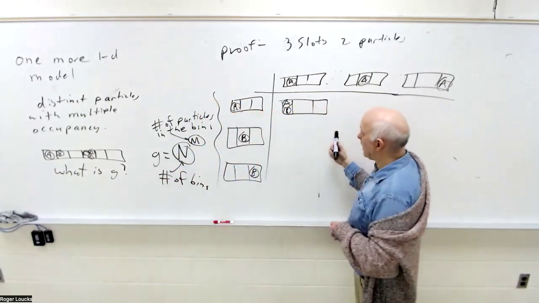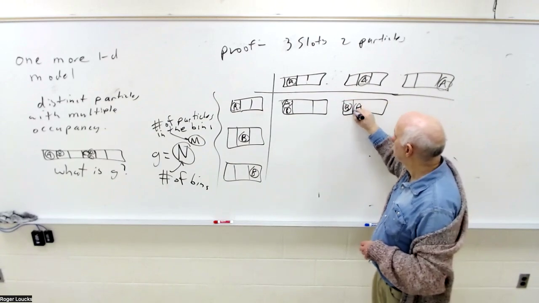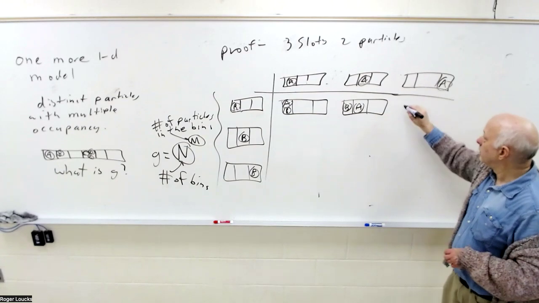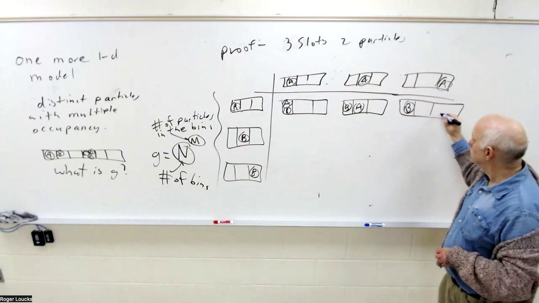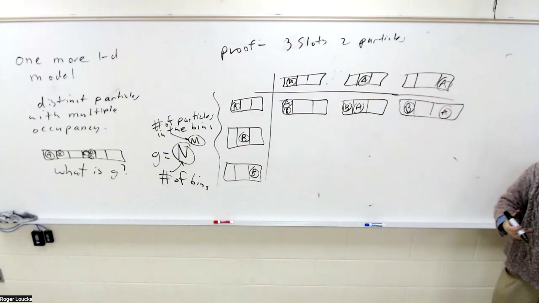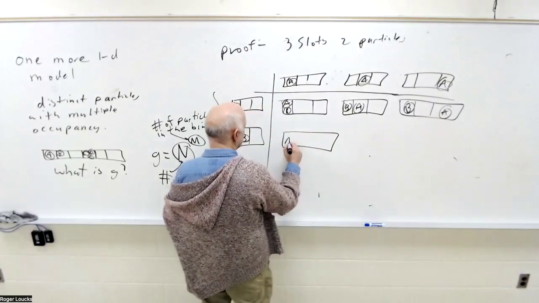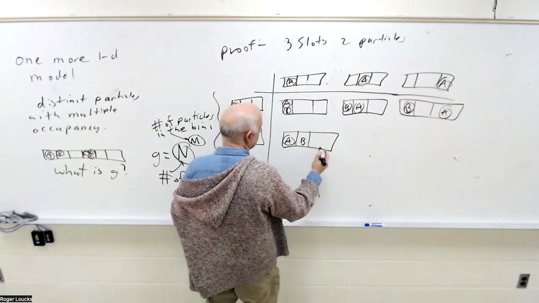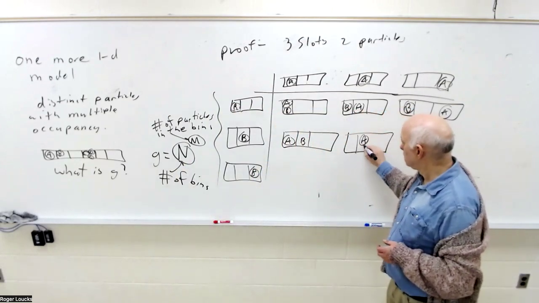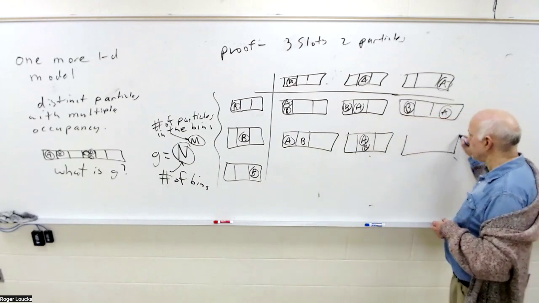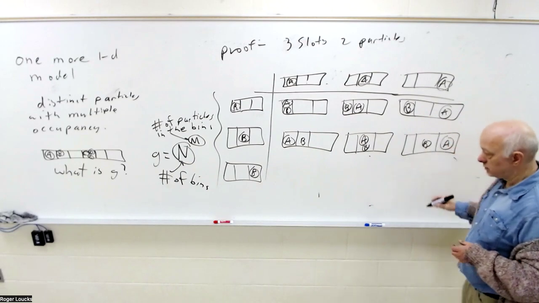If I go over here, what would I have? I'd take this one and then this one, I'd have this one. And then this one and this one. I have that. I could do that for each of these here. If I come over here, this would give me this one. This one, that. This one here would then give me A, B. And then this one here would then give me B, A. And